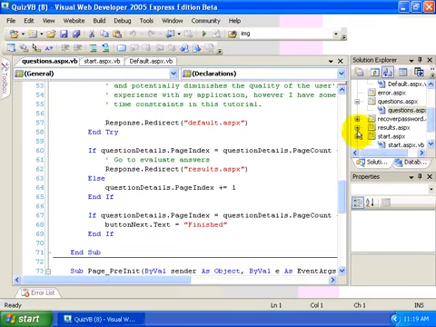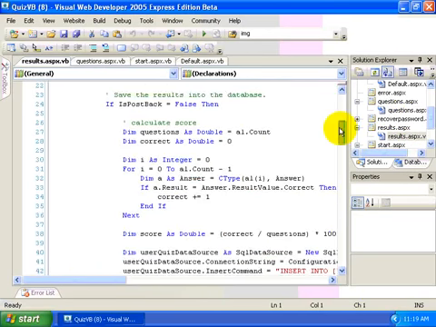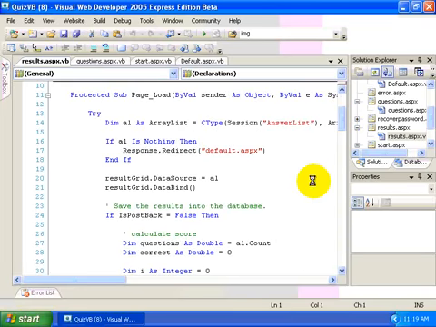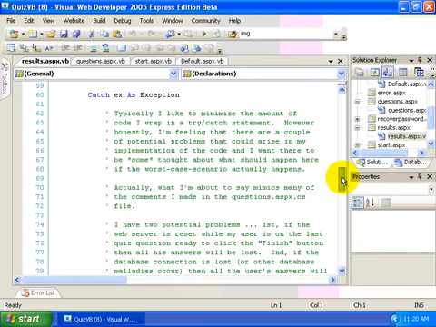Similarly, I ran into the same kind of considerations on the results page. So here's the scenario. I'm almost finished with my quiz. I go to the results page where it's supposed to store the results of my quiz and present them to me. And between the last question of the quiz and the results, the server gets reset, the database goes offline, whatever the case might be. Number of different potential problems. What happens then? Well, very similar in thought